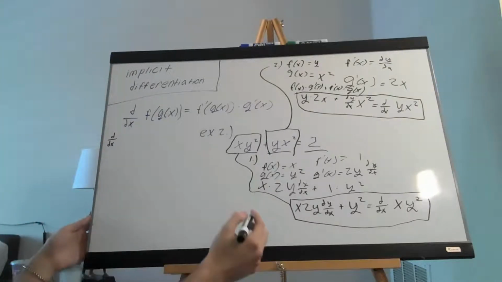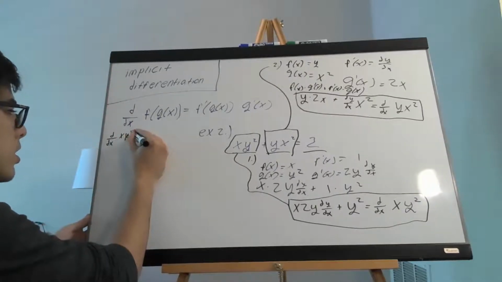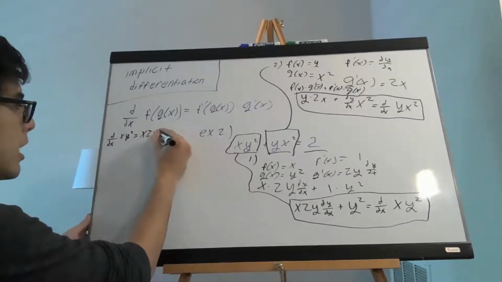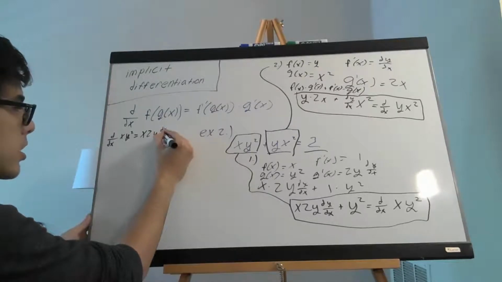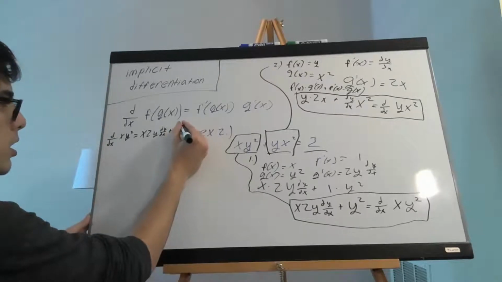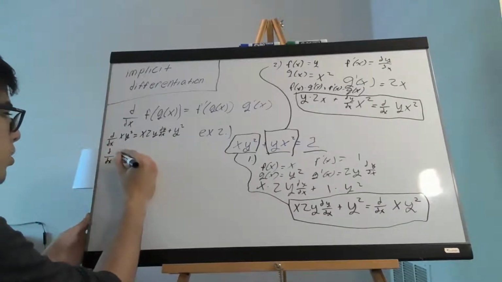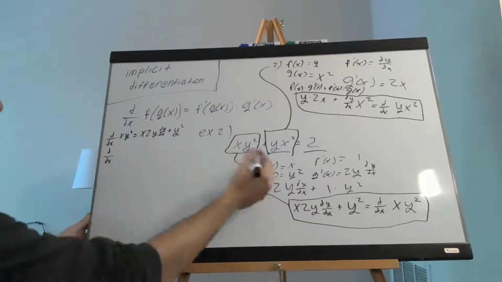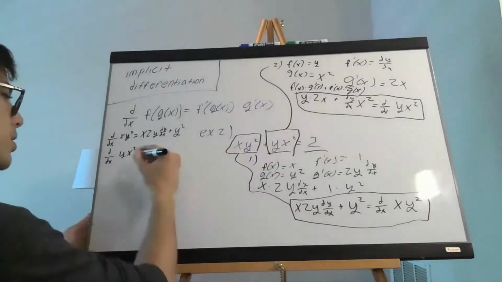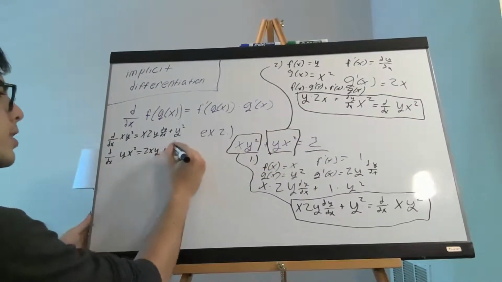So d/dx for, let's just start with xy squared, is equal to x times 2y dy/dx plus y squared. Then we also know that the derivative for, what is our second term here? y x squared, is equal to 2xy plus dy/dx